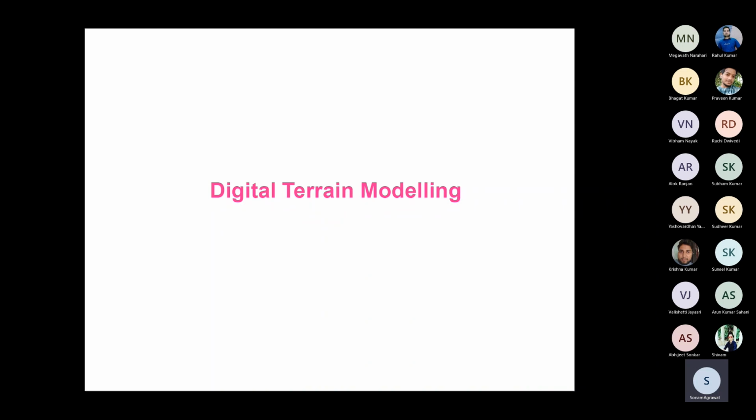In digital terrain modeling, first of all, we will learn about what are the different data sets or the different products that are available for terrain modeling. Terrain modeling basically means elevation modeling. So what are the different products for the elevation, and thereafter we will learn about